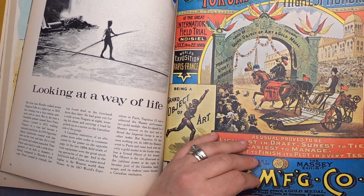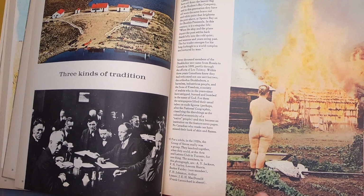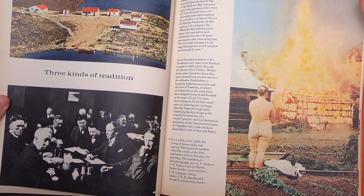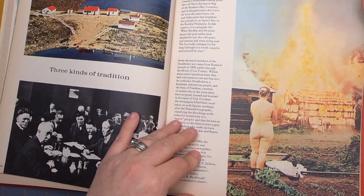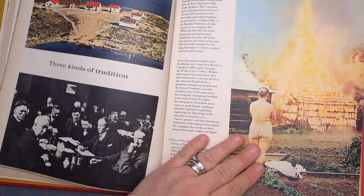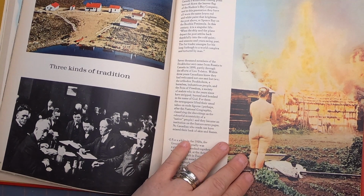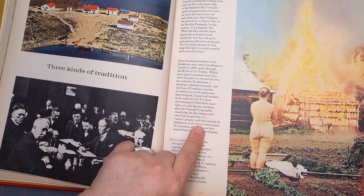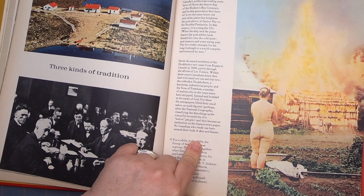Okay, are you guys scared of bums? Because look at this picture. This woman is just standing here and this whole cabin is on fire. I don't know what's going on. Let's see if I can find out. Okay, 7,000 members of the